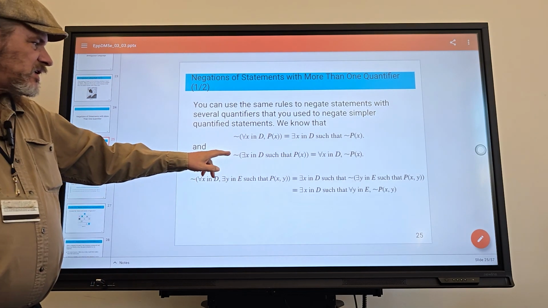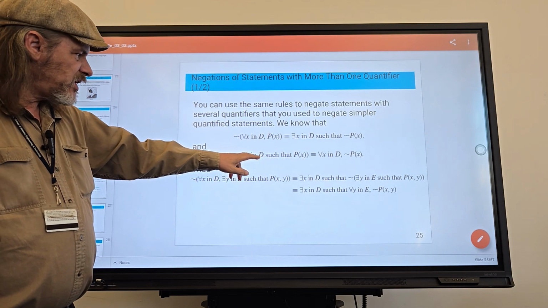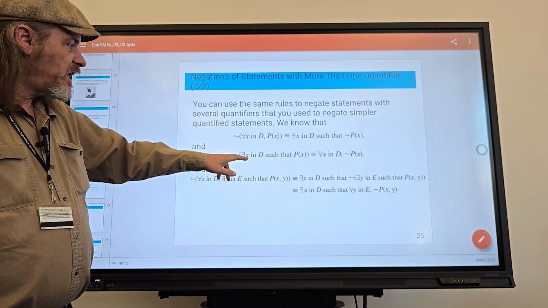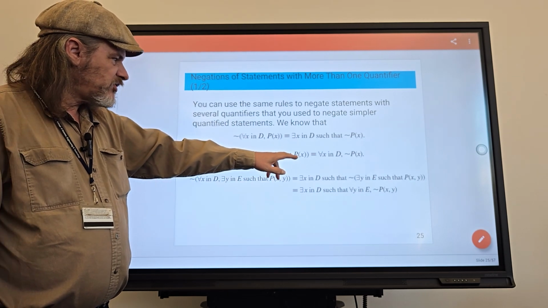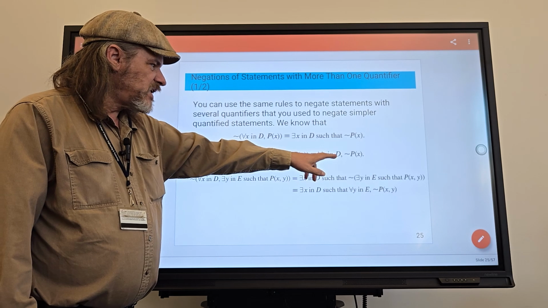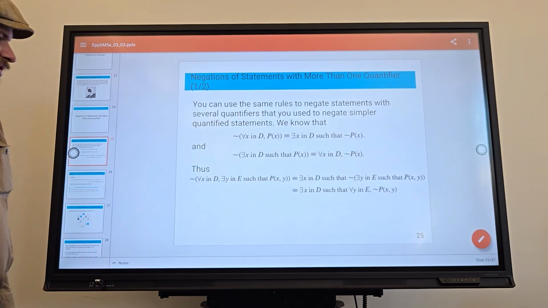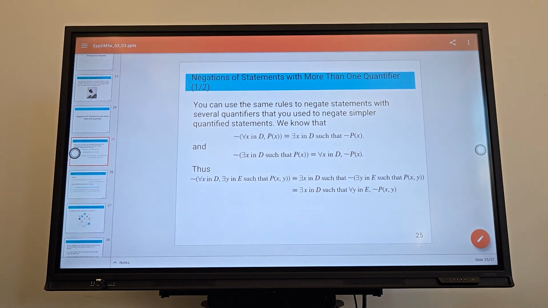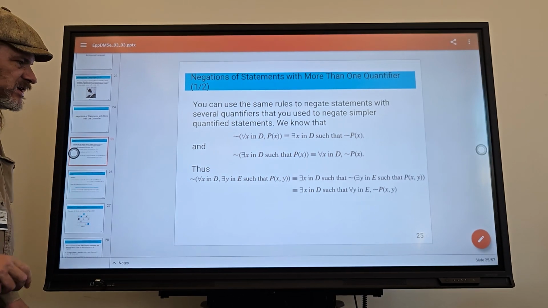And the negation of there exists an x in D such that P of x means that for all x in D, not P of x. So you link these together and get